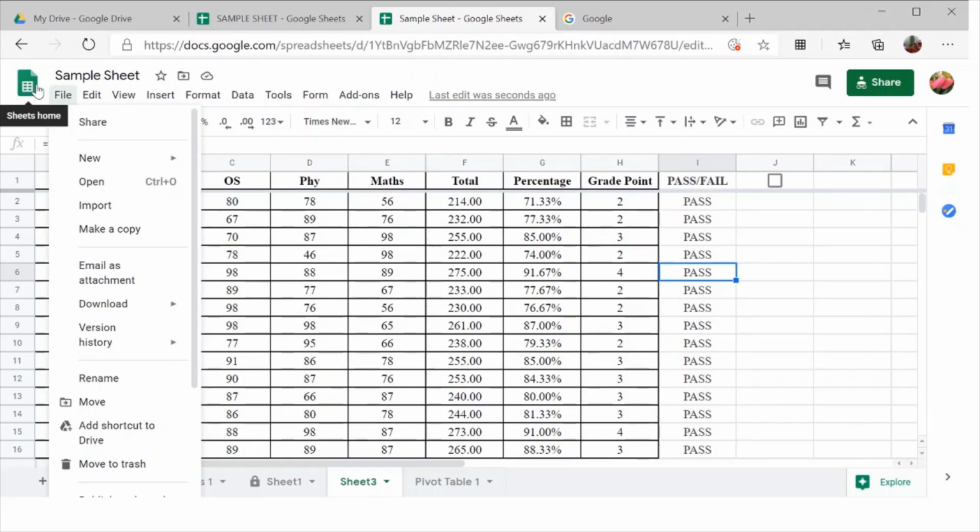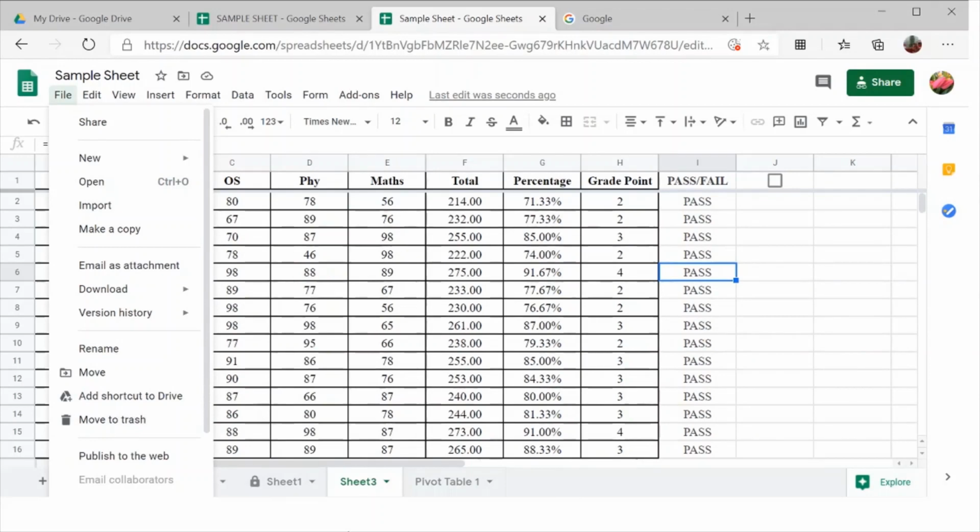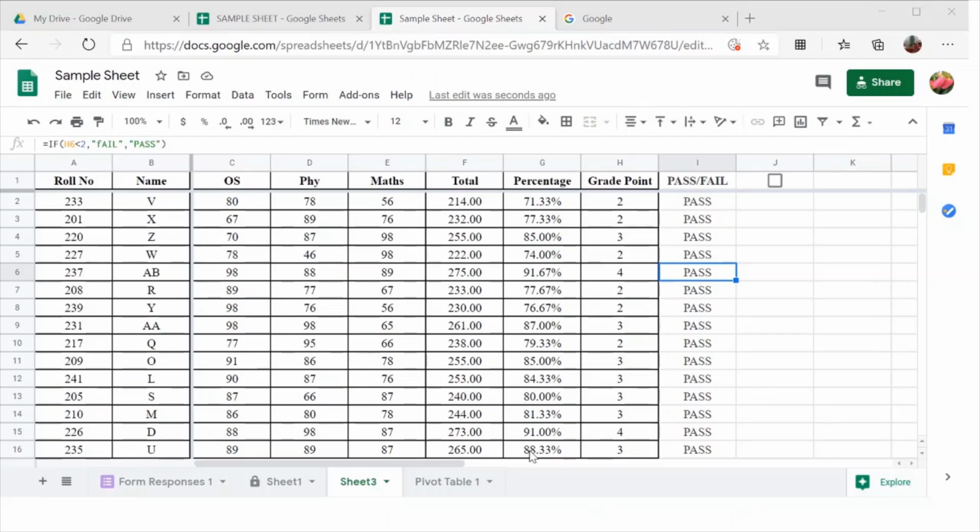For that, you just need Google Chrome, or the Google Drive app in your mobile phone. Just make a copy offline and you can do your editing. And once you go online, all these changes will be automatically reflected in your Google Sheet. So your Google Sheet can be used both as an online app or as a desktop app, just like your